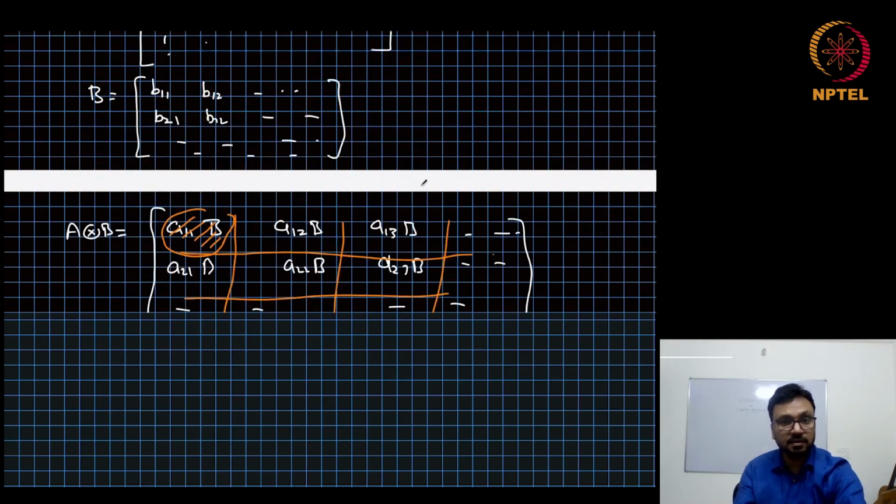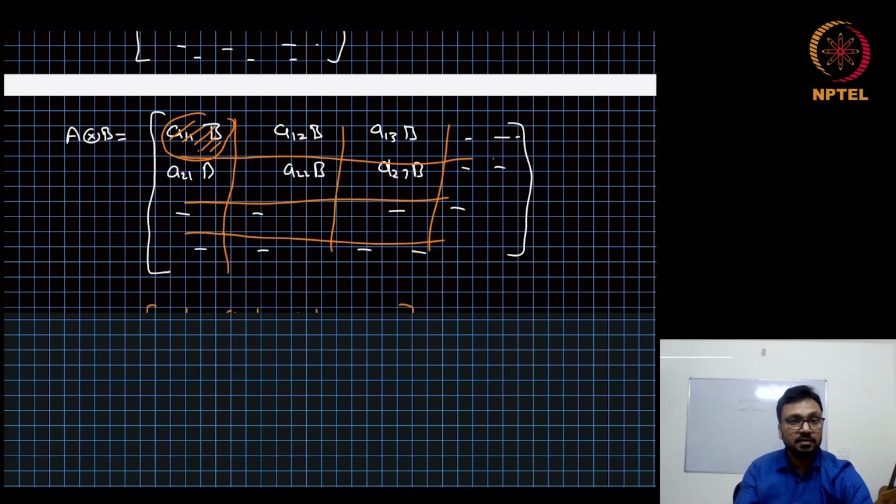This is just this block. So here we have taken the B matrix and multiplied every element with the number A11. Similarly, in this block, we have the whole B matrix and multiply those elements with A12, and so on. So these lines, these blocks are just to understand, but ultimately we have a much bigger matrix, and